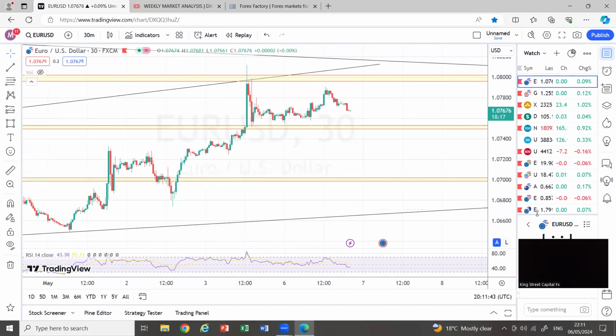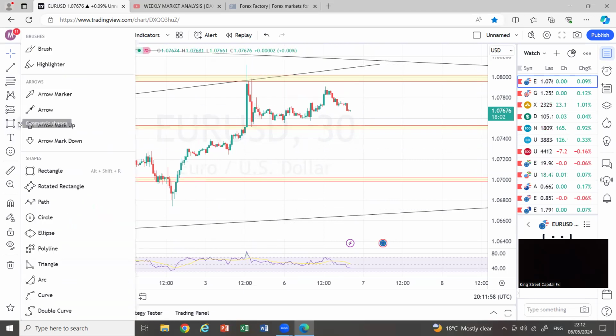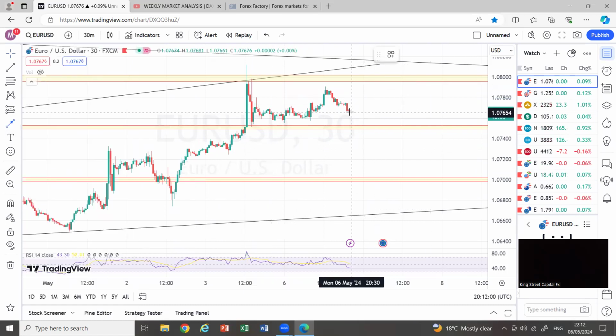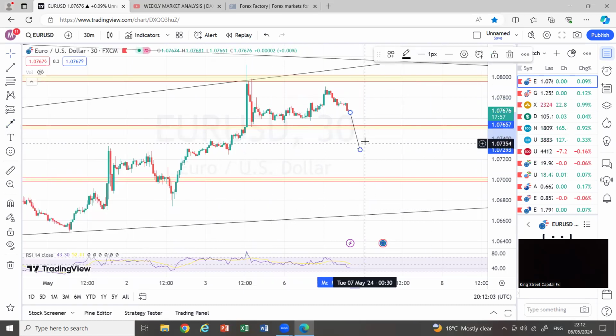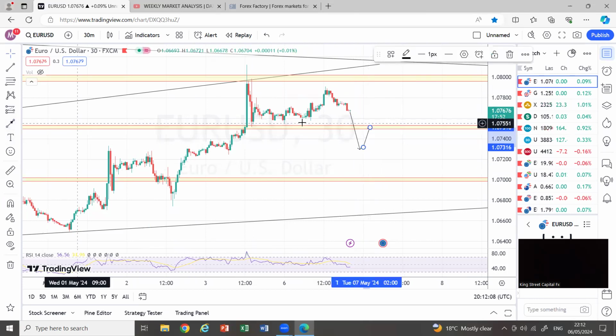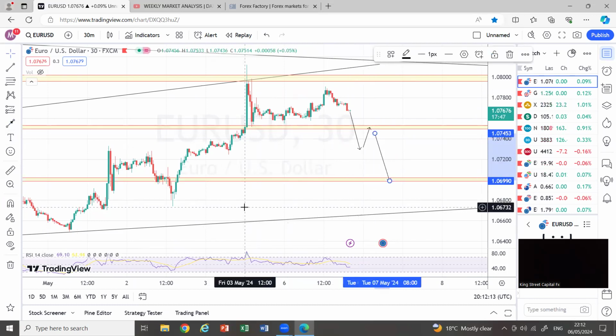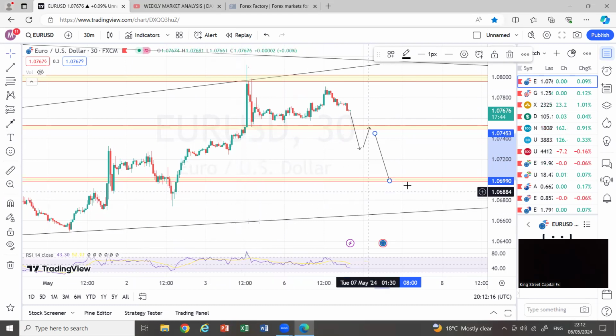We broke out of this price of 1.07 thousand. We haven't retested it yet, looking at the major. So I am looking at price to just get back down there, and just a continuation to this downside. That is really what I'm looking for in this pair. We can just go to